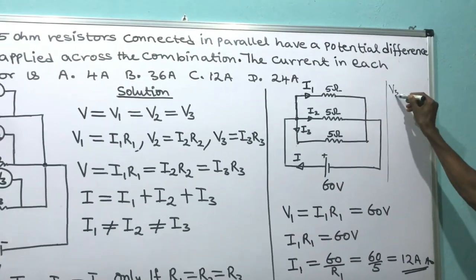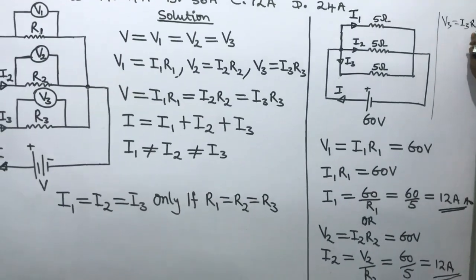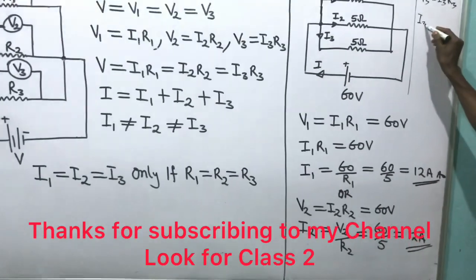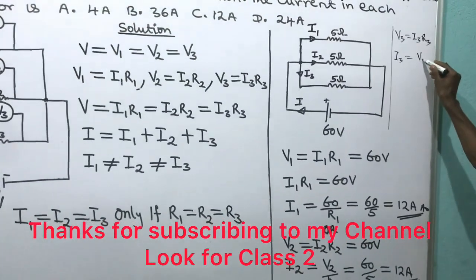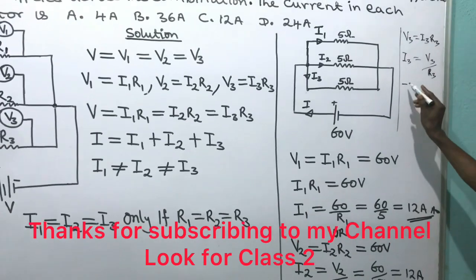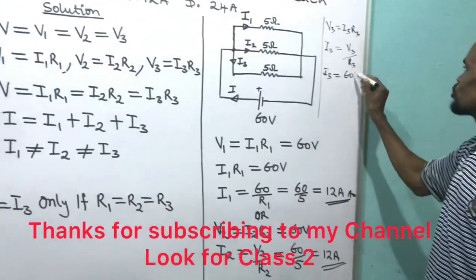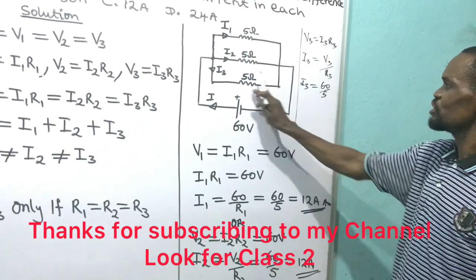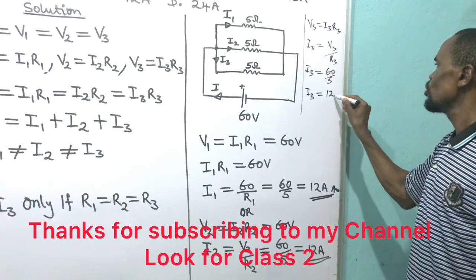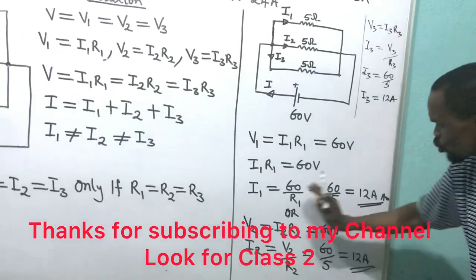I'll say V3 is equal to current 3 times R3. Making current 3 the subject of the formula by dividing by R3, current 3 equals V3 divided by R3. V3 is the same 60 volts, and R3 is 5 ohms, look at it. That will give me 12 ampere. And when you add this and this and this, the total current will give you